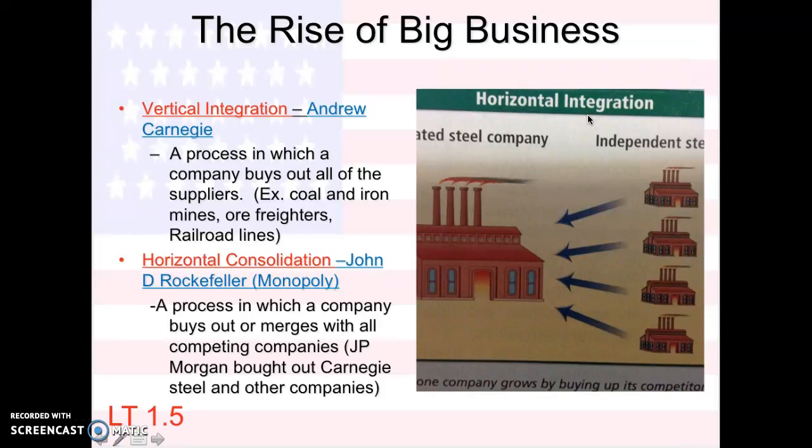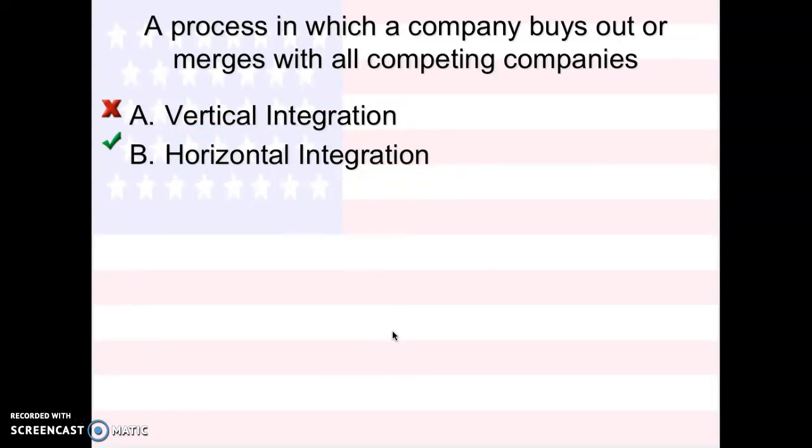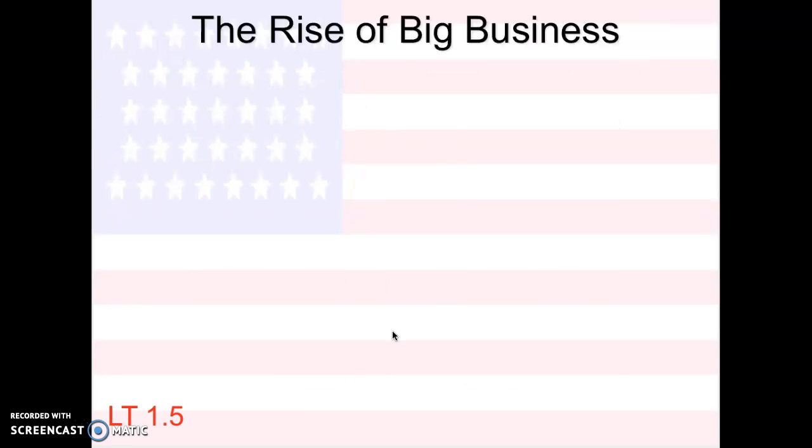Now, the other type of monopoly, the one that you're more familiar with, is the horizontal consolidation, which John D. Rockefeller was the first one. So it's basically when you have one company and they go buy all the other companies that are the same, and basically it merges out competing companies. So kind of like if we talked about in class, like gas stations, if there's three gas stations next to each other and they're all different gas stations, they can compete. But if they're all the same gas station, then whoever owns them gets to control the prices. All right, so vertical integration and horizontal integration.